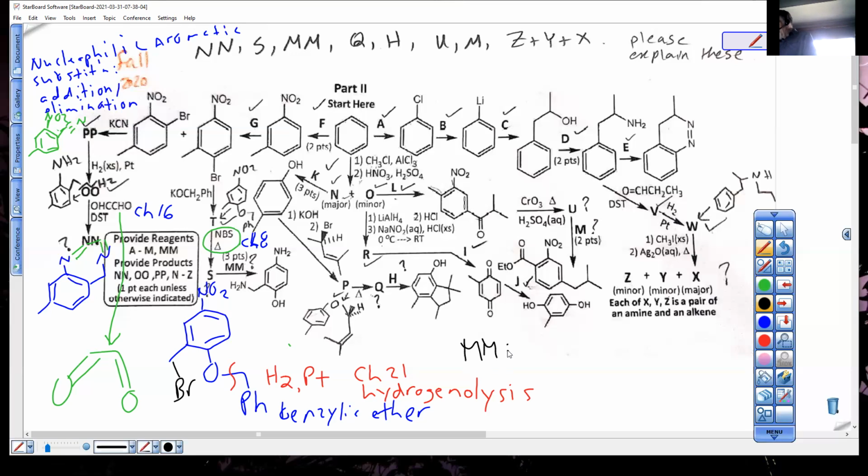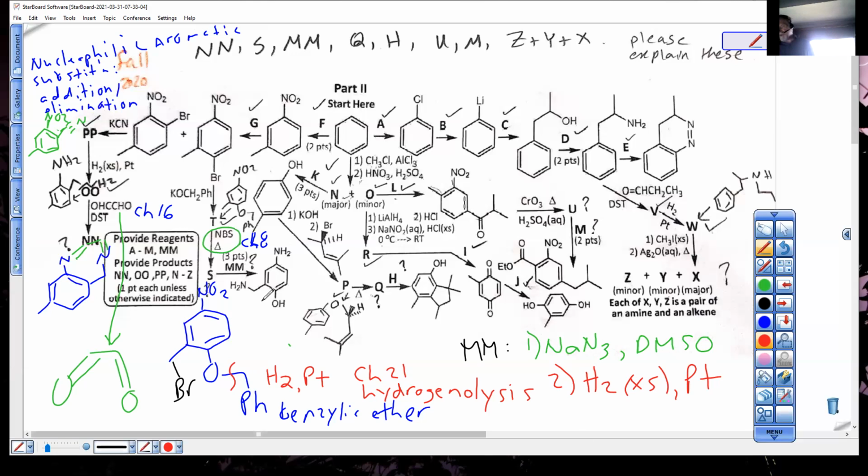If you use azide ion, you can show off your SN2 skills and put DMSO or something here. I don't need a solvent, but it is an SN2 reaction. And then 2